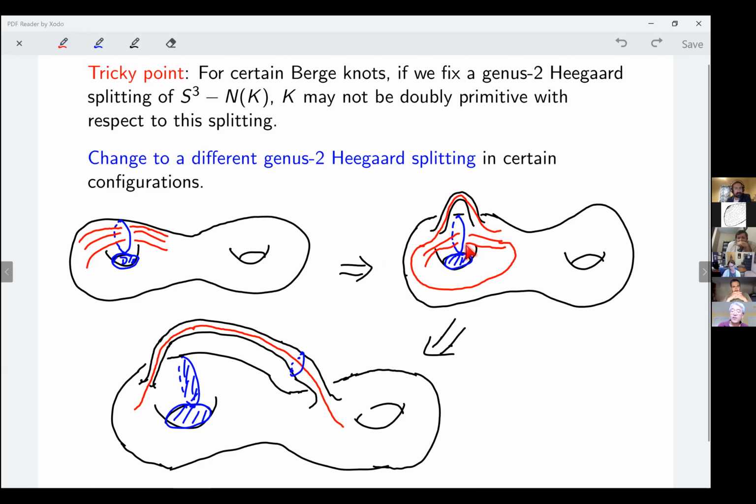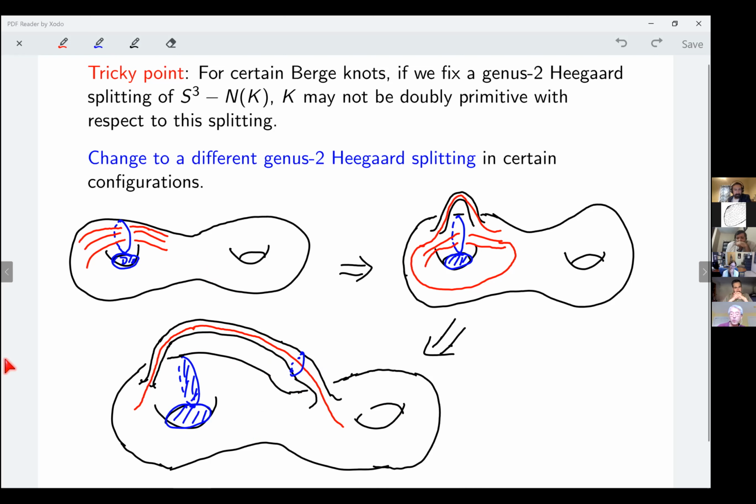And if you can just successfully pull this O out, now this planar surface becomes a disk, you get a stabilizing pair. You can fill in this hole and get back to a genus 2 surface. But now the new genus 2 surface has an annulus disk pair. So that means this is doubly primitive. So you change the Heegaard surface to a new Heegaard surface, but this knot is doubly primitive on that Heegaard